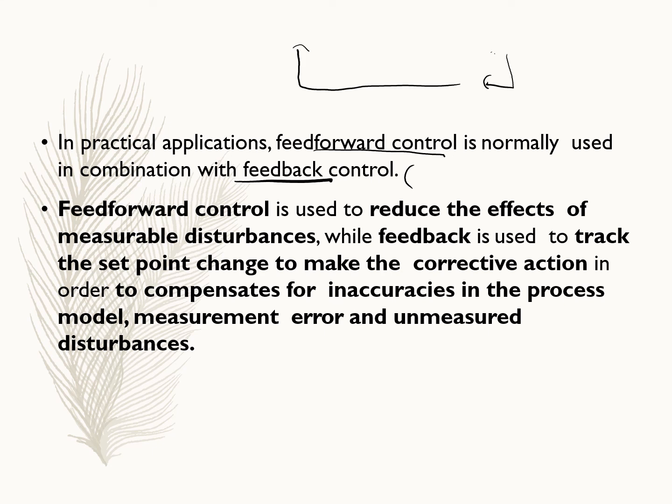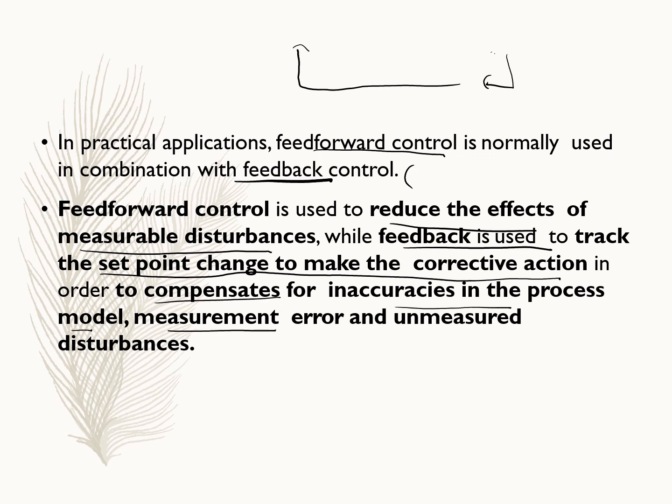Feed-forward is used to reduce the effect of measured disturbance, while feedback is used to track the set point changes and make the corrective action in order to compensate for inaccuracies in the process model, measurement error, and unmeasured disturbance. I will explain in detail what feed-forward is, but for your information,